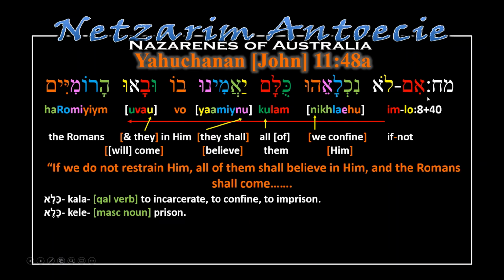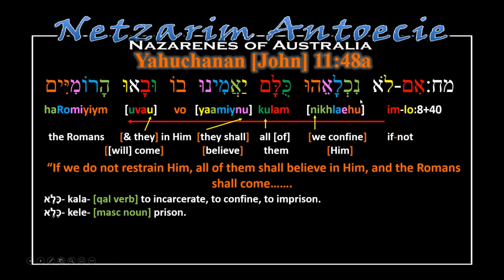And then we read, im lo. Now, im can mean if, and then lo is not. You notice that the aleph is silent, so we just have the vowel mark, right? So if not,